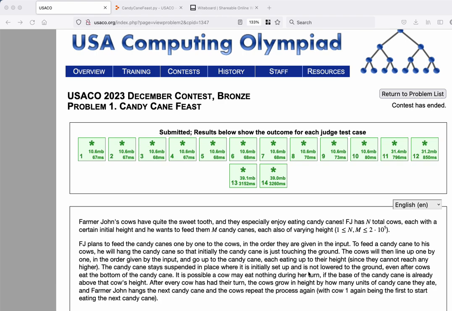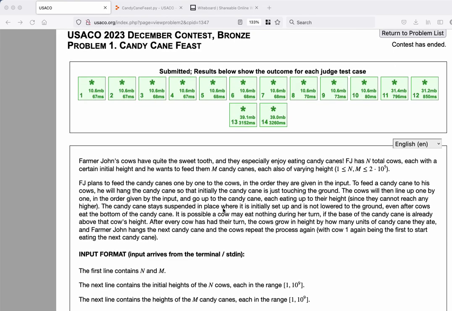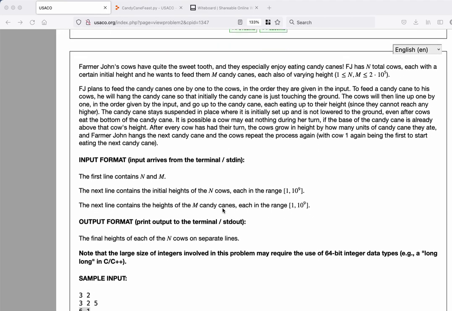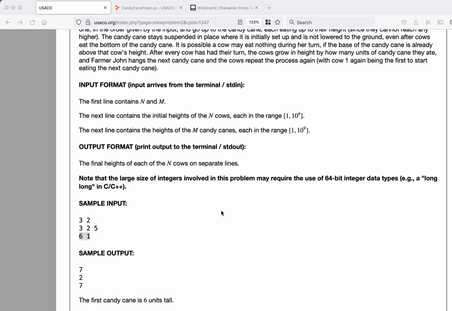All right, so what problem solving insights from problem one here, candy cane feast. This is December problem one. It's kind of the easiest of USACO problems we'll get. So there's actually not a lot of problem solving insights, but if you read through the problem,